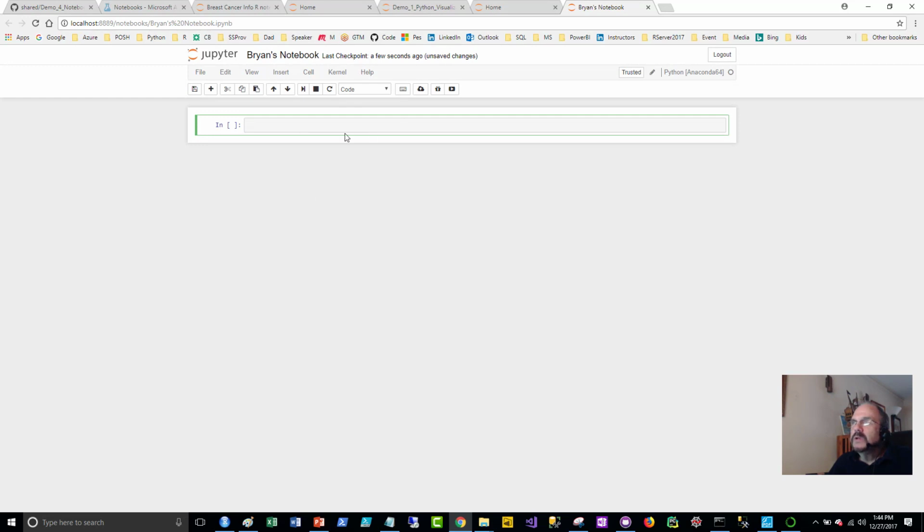Now, I can put code in here, but maybe I want to have some documentation. So what I'm going to do is, instead of code as the cell type, I'm going to change it to Markdown. Markdown is just a simplified version of HTML that's easy to work with by just putting these little pound characters like that, where you would normally put an H1, H3. So a single pound means H1. And I can say Brian's